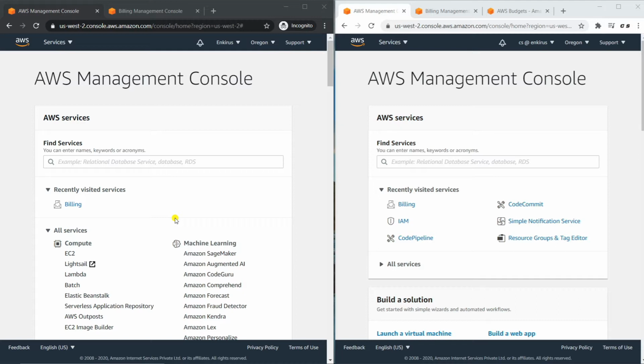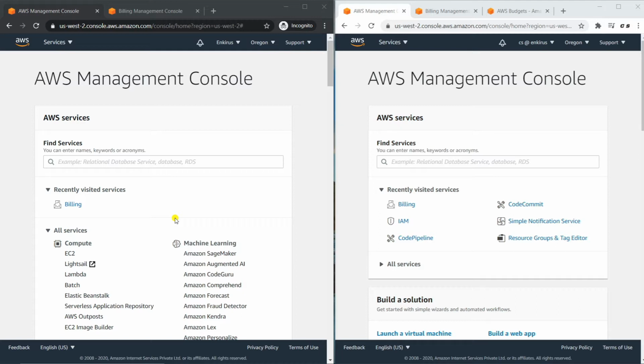And if you're not in free tier, you must have a budget, either a cost budget or a usage budget, to keep you alert or keep you on your feet, because you may at certain times cross the threshold and it may charge you quite some amount. So what do you do? You set a budget, and AWS will send you a mail when it crosses a particular threshold. So how do we get started?